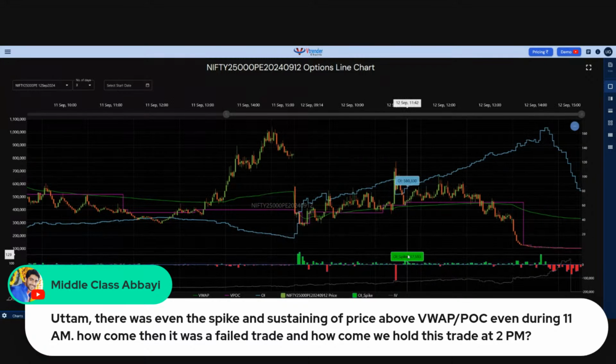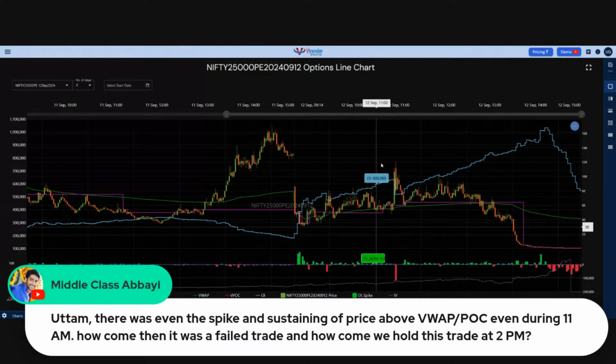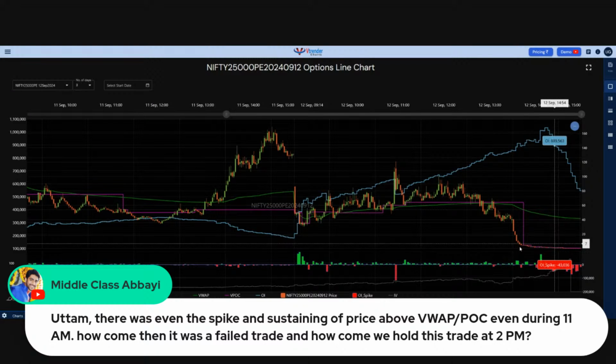And why that happened? Because we could see in the order flow chart, Nifty futures did not get fresh selling in that swipe lower. So the options table is just one part which gives us all the data regarding the options. We have the open interest, we have the VWAP POC levels, but we follow the Nifty futures for our main signals. So when this swipe to 120 happened, we immediately saw in the Nifty futures chart,